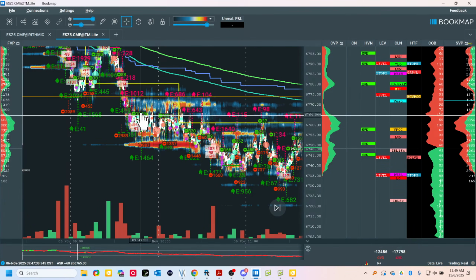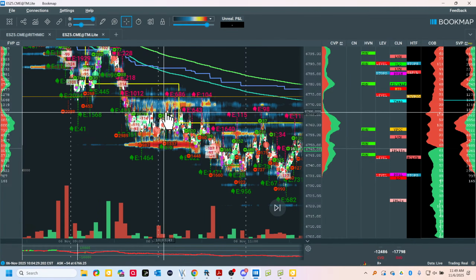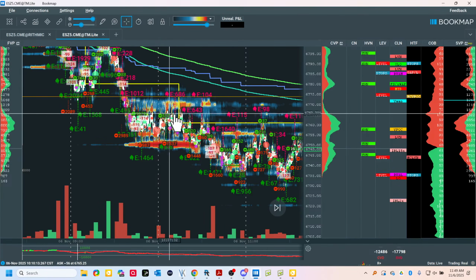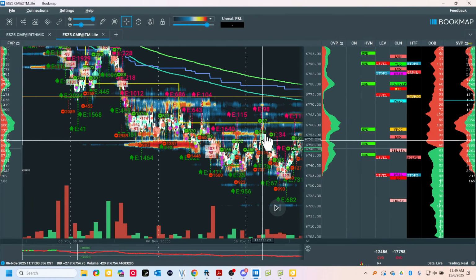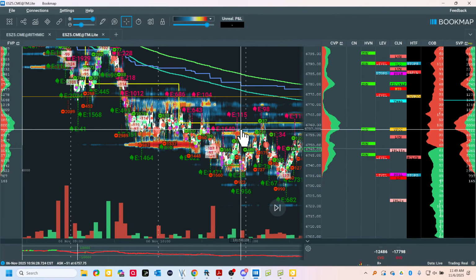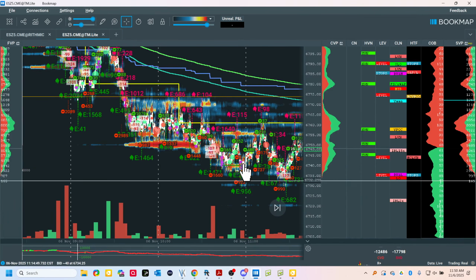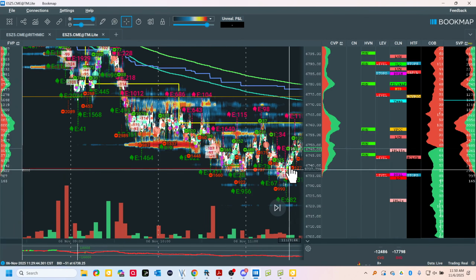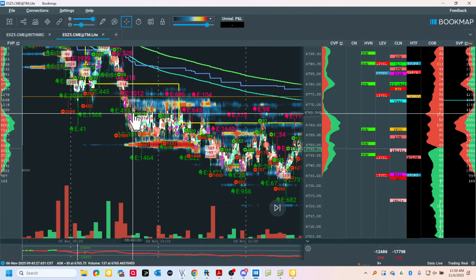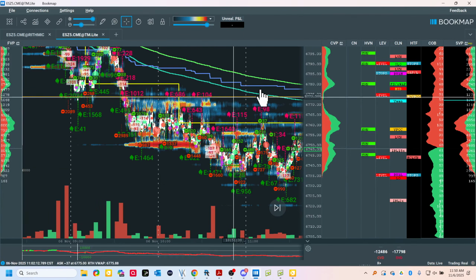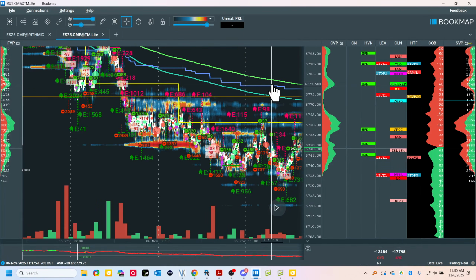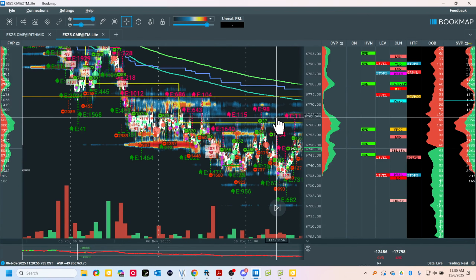Does this look like a strong high to you? Or is this a weak high? This is weak. Why is it weak? Because there's going to be stops piled here. What are stops? Market orders. What does the market tend to do? Come into the stops. What did the market do coming this way? Go into the stops. What happens when I go into the stops? I get absorption. What might happen up here and out here? Absorption. What does that set up for me? Reversion. See? If you know that, you have to know you have an edge.